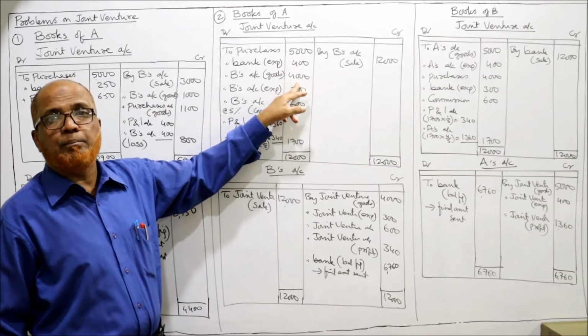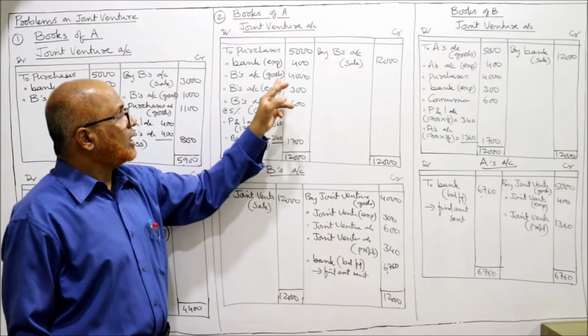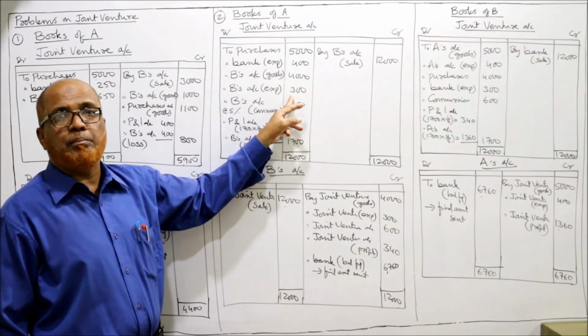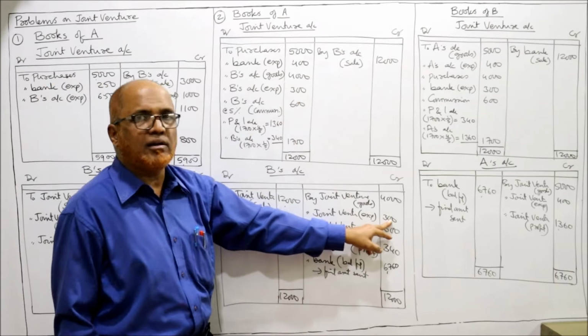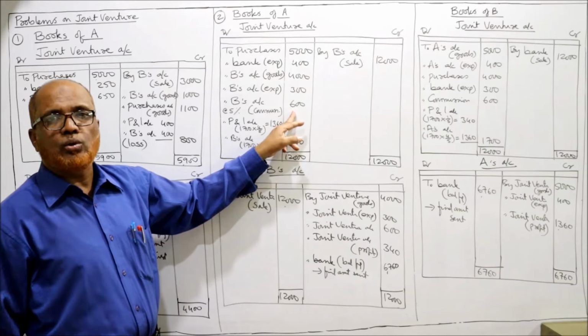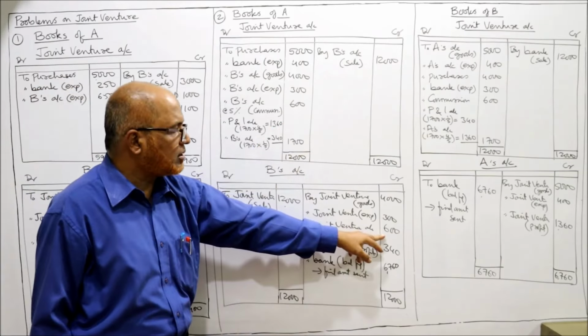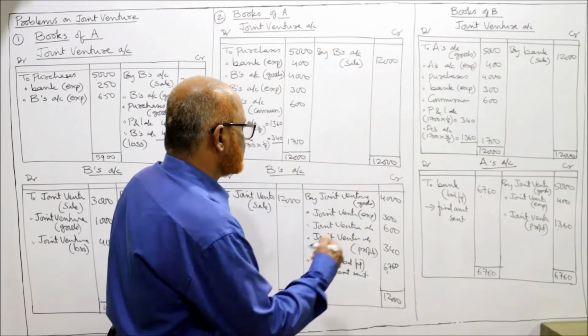Goods supplied by B, joint venture account debit to B's account. So debit joint venture, credit B. Similarly, expenses are paid by B, joint venture account debit to B's account. Debit joint venture, credit B, right? Then commission, commission is due to B, so joint venture account debit to B's account, commission. This is commission 600 rupees,